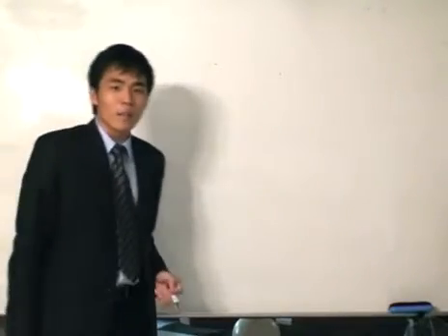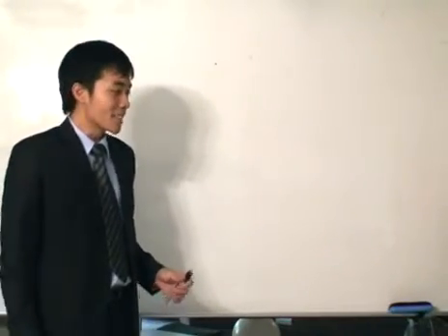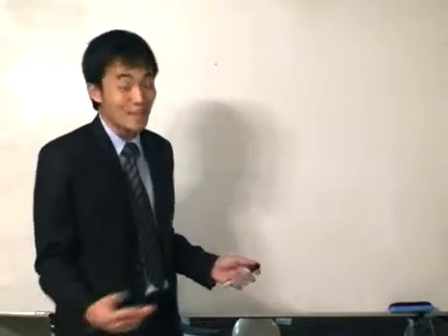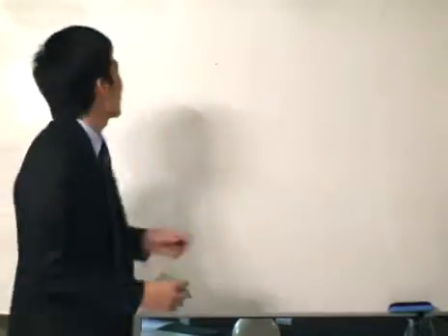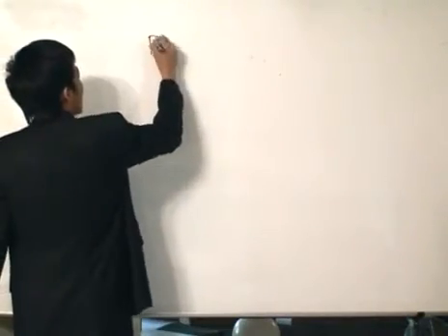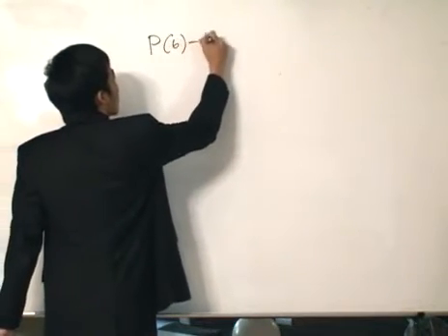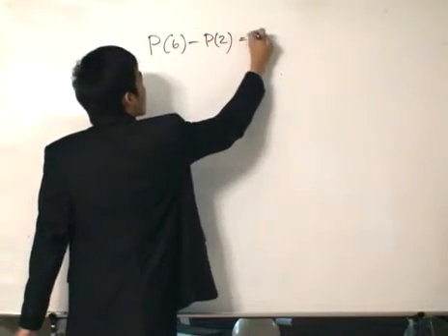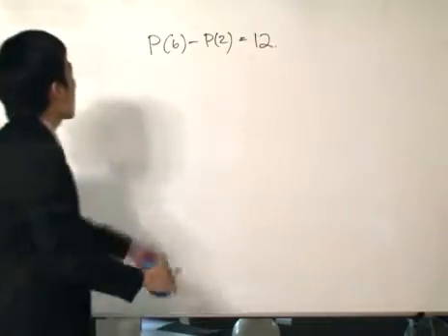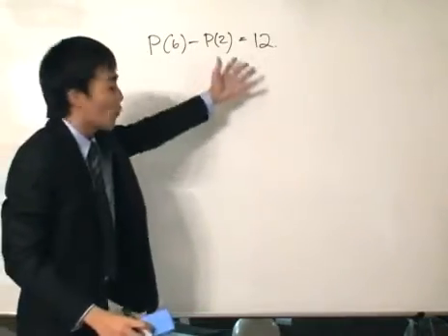Okay, now that you know something about polynomial equations, we'll handle a few questions. We'll start off with easy ones so that you can get the hang of it. Polynomial equations come in a range of difficulties, so an easy one would go something like this. We are given that P is a linear polynomial, and P(6) take away P(2) is equal to 12. We want to find P(12) take away P(2), and what's the value.